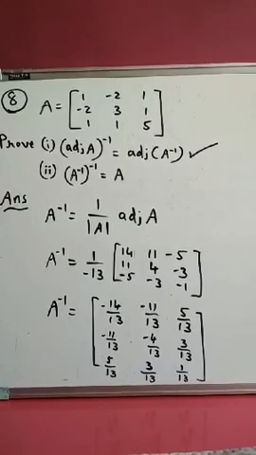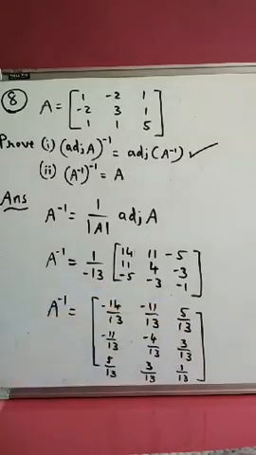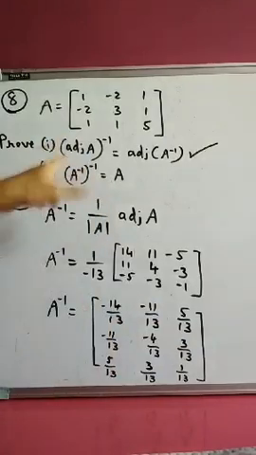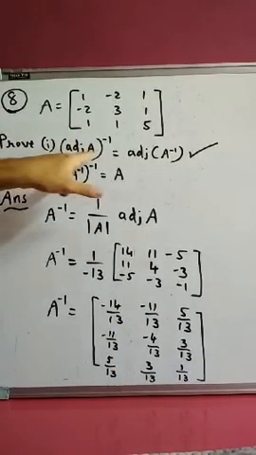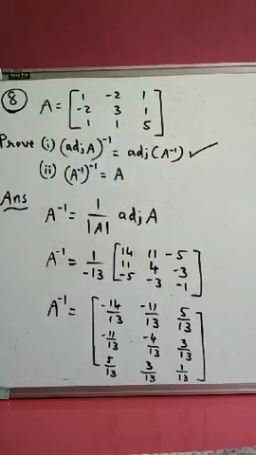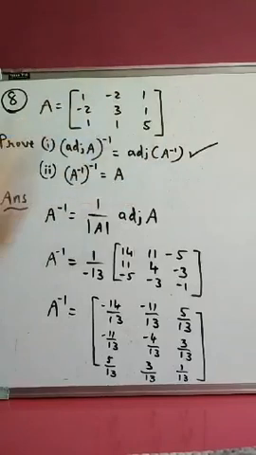And now you have to find its adjoint. Okay, so your first part will be completed. If you find any confusion, let me know. I am not solving it here because A inverse is there. Now you have to find its adjoint. I hope everyone knows how to find its adjoint. So the adjoint of A inverse and the inverse of adjoint of A that we have found, both will be equal. Okay, so adjoint of A inverse is equal to the inverse of adjoint of A.